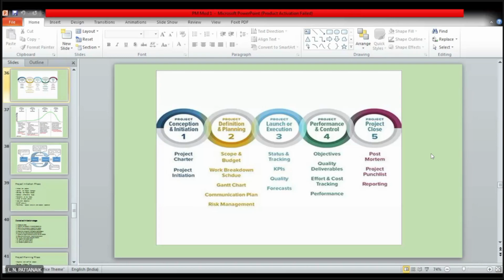Then finally comes our project closure. Right. So when everything is finished and the project is complete, you have to wind things up, right? But you have to wind it up nicely also. See, the kind of situation I'm talking about is maybe a multi-crore project. You may be thinking, what is the big deal in the closure? Yes, it is a big deal.